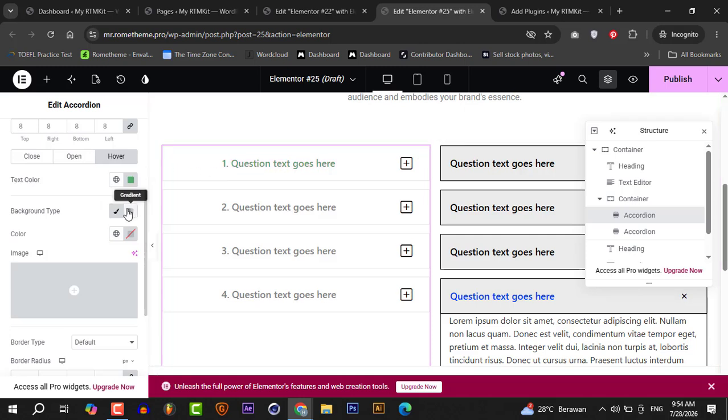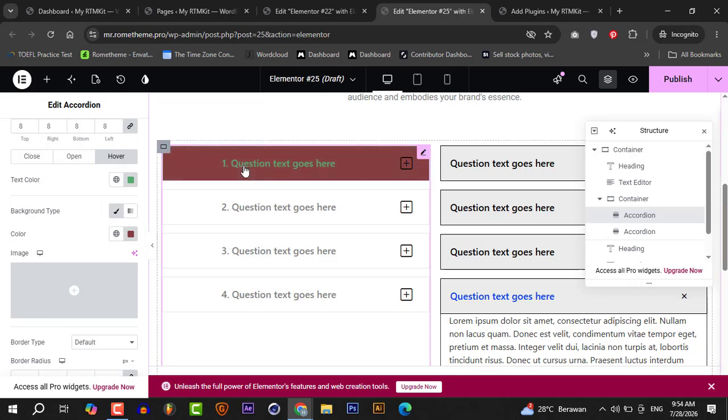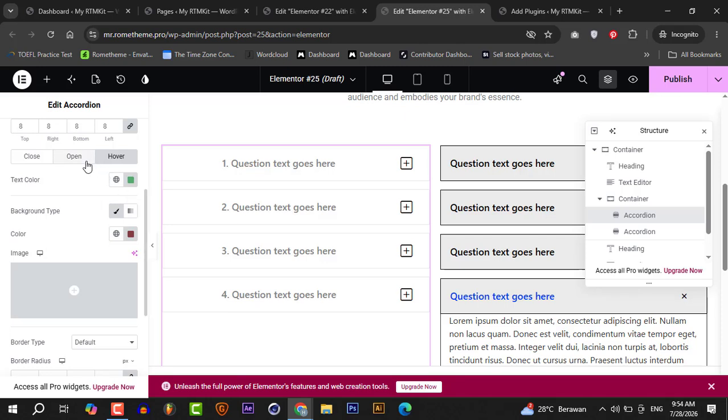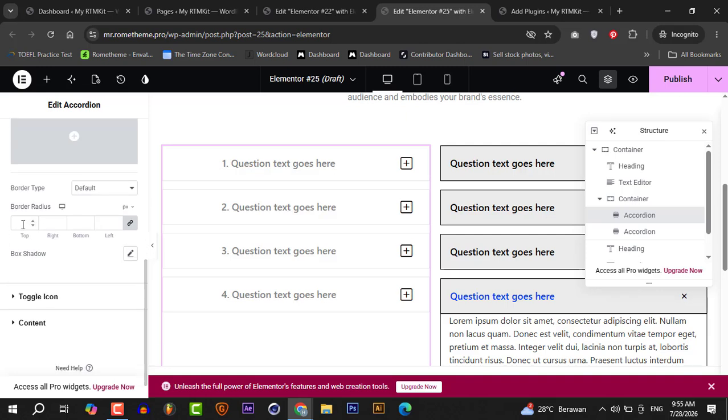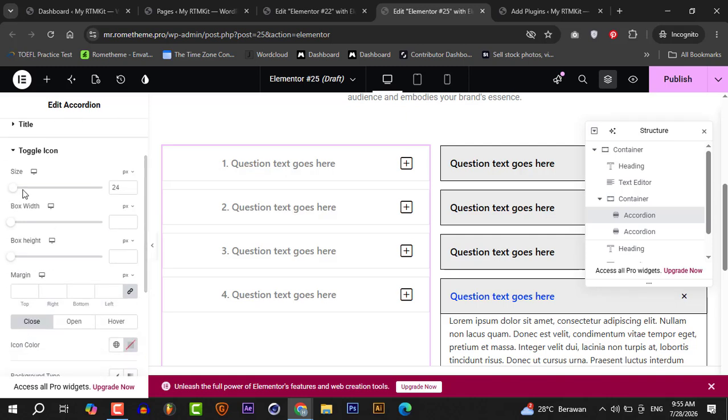You can give background type, color, like this one. When it's hover, you can give border radius, give 10, toggle icon size, like this one, big or small, box width, box height,